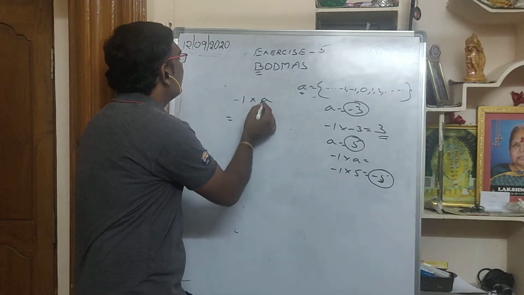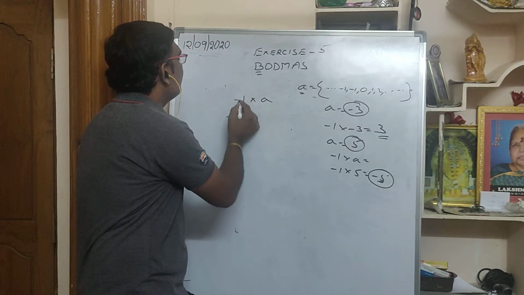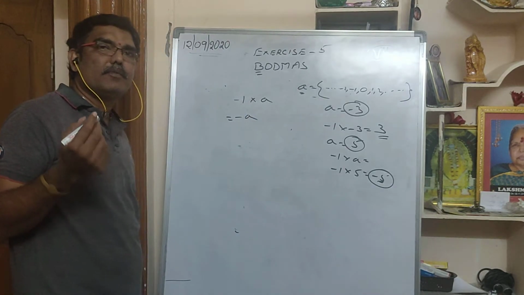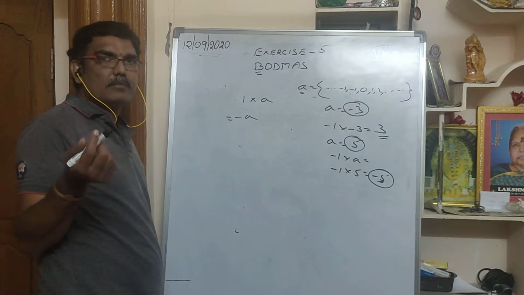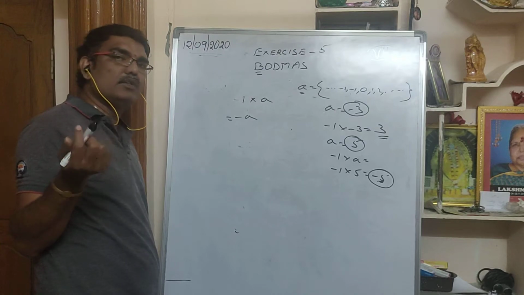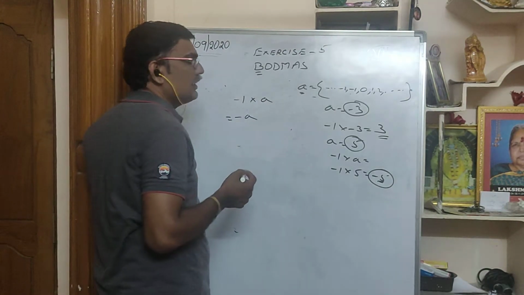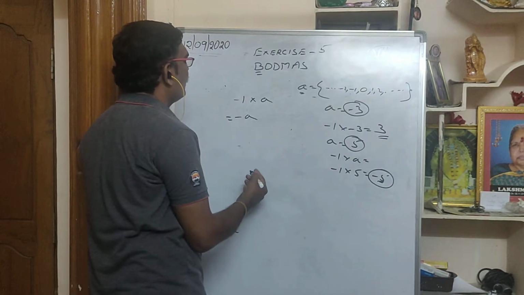The answer becomes a, before which the plus symbol is there. Plus into minus is minus. 1 into a is a. 1 is the multiplicative identity. If you multiply any number with 1, the same number will come. 1 into 5 is 5, 1 into 3 is 3, 1 into 0 is 0, like that. So minus 1 into a is how much here? Minus a. Now, if you want to see whether this is satisfied or not,